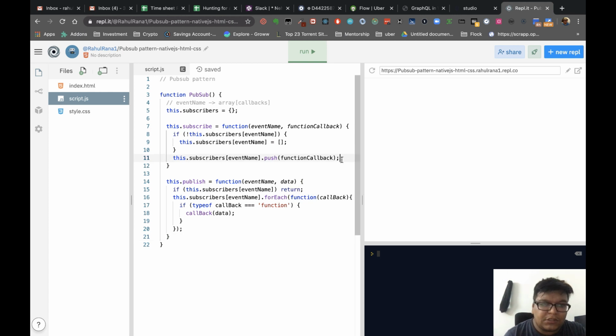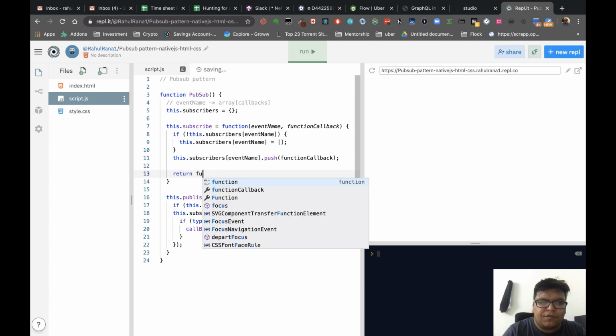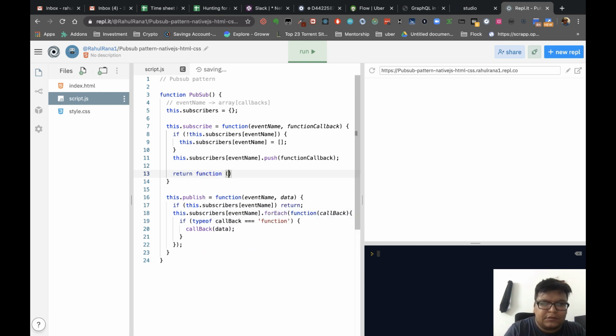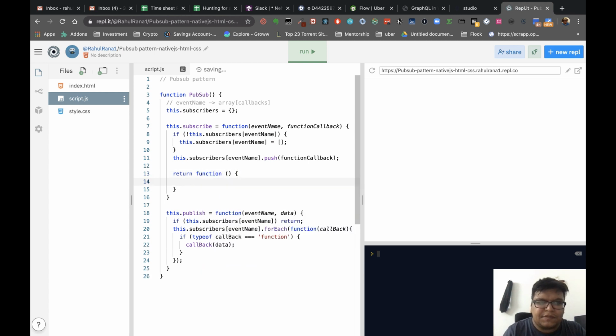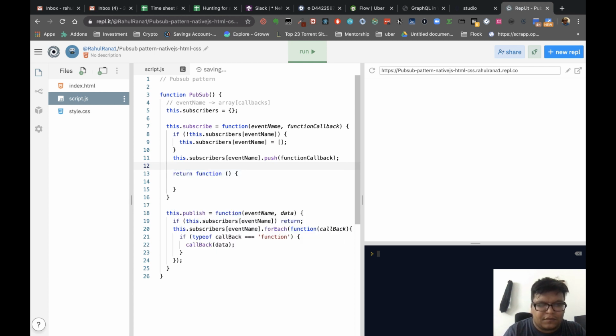So what we can do is return a function, and this function will do the following. There are two methods, so we'll go with the filter one.